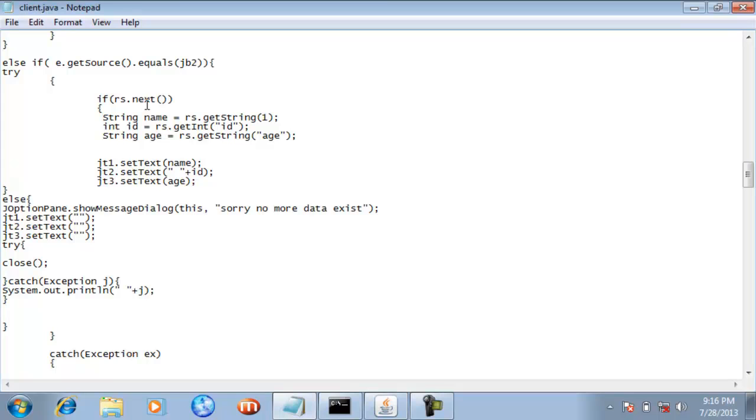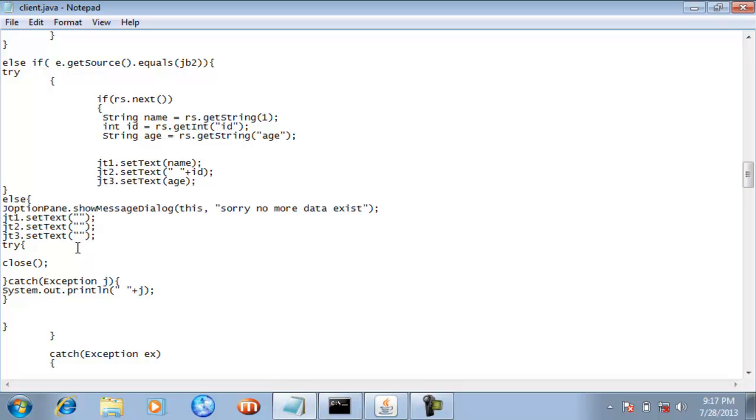If the user clicks next for the 3rd time, as no row exists, rs.next will not be holding the reference of any row, and it will return a null value. So this if statement becomes false, and this else block will execute, and you can see the message sorry, no more data exists, and the gt1, gt2, gt3 text boxes get cleared.